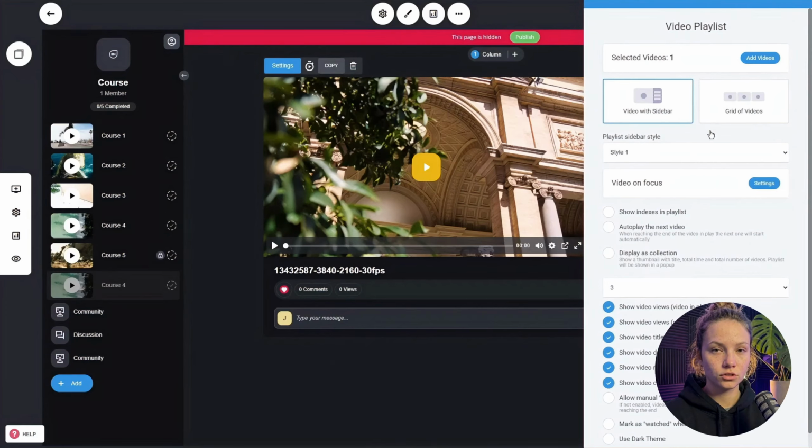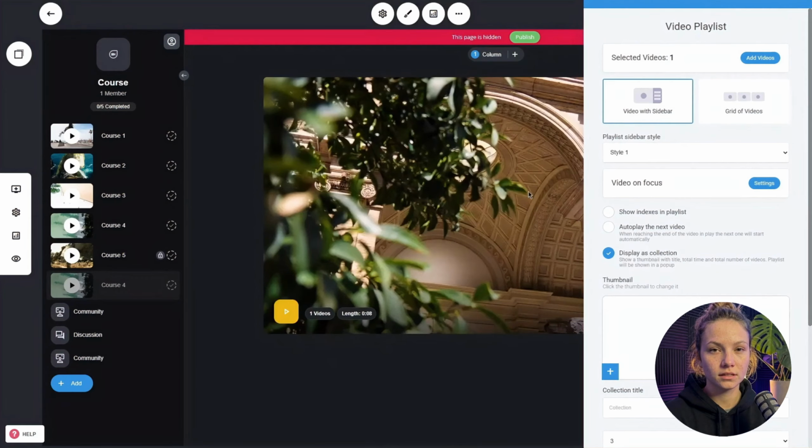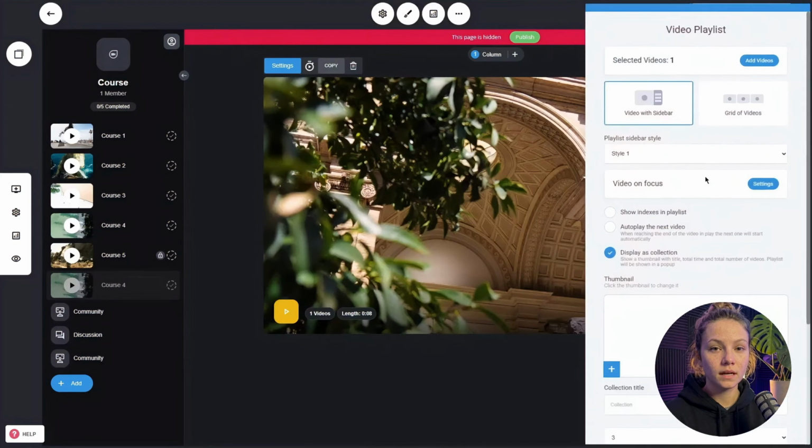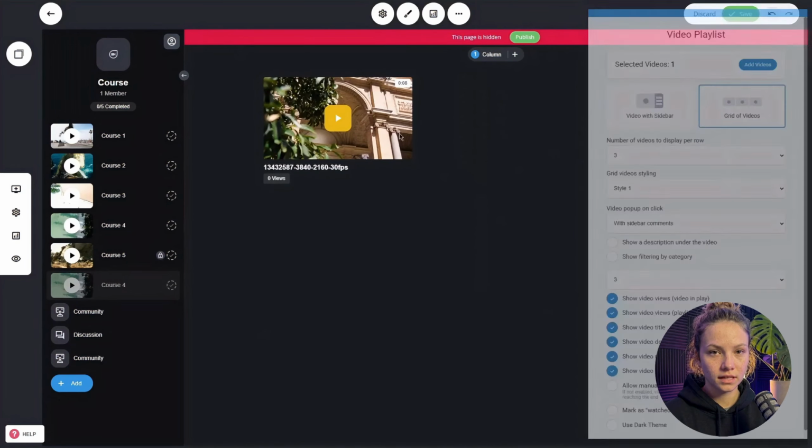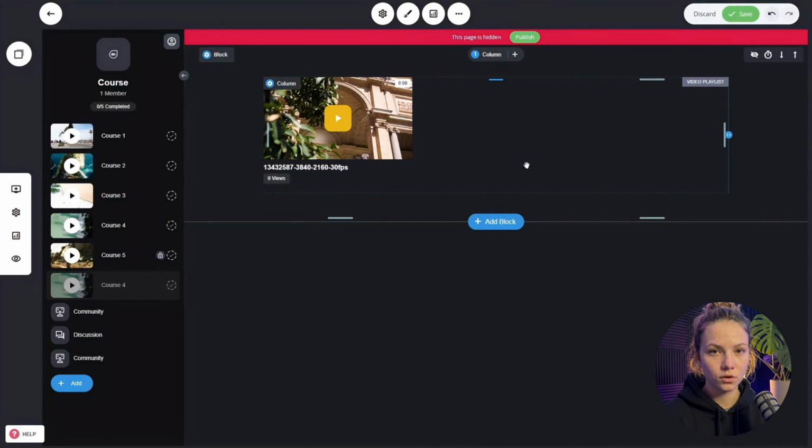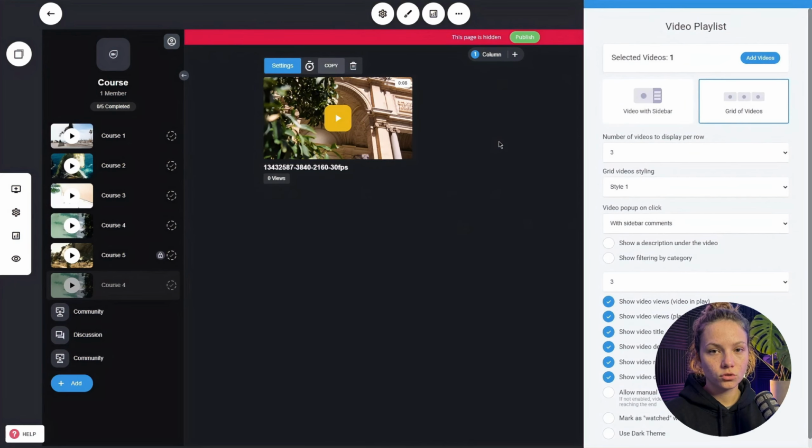Again, there are different ways. You can show it as an actual collection like this. When you click on it, it will open up, or as a grid of videos. So you can click and open and have also comments, reactions, etc. if you have them enabled. So there are all sorts of different ways to present your information to your audience so that they can utilize and